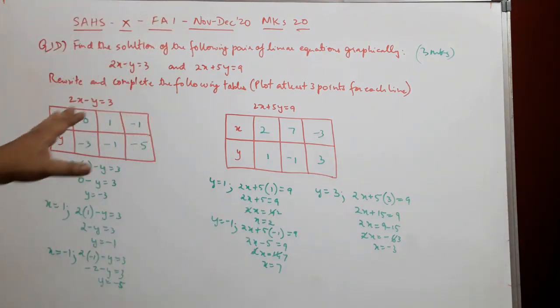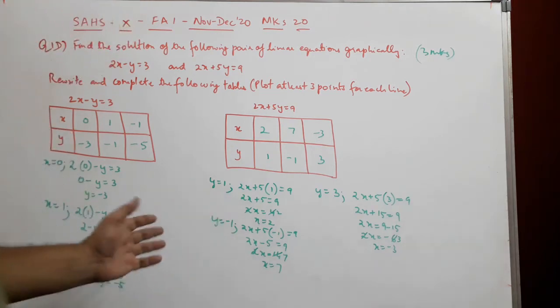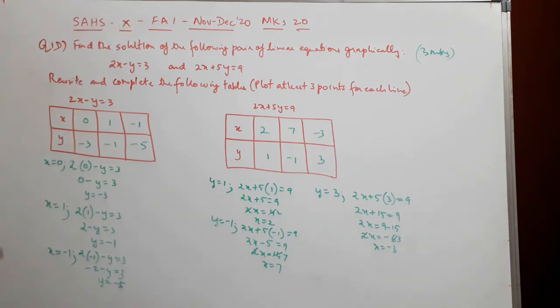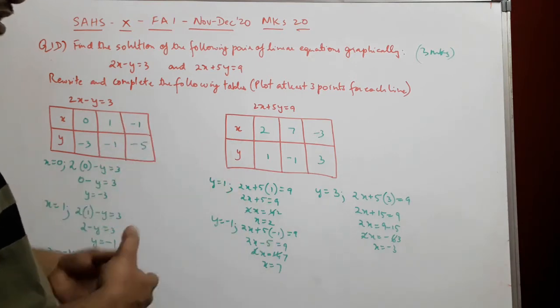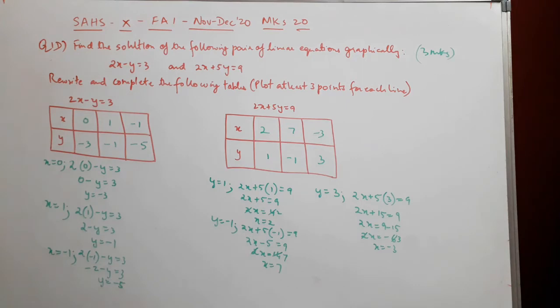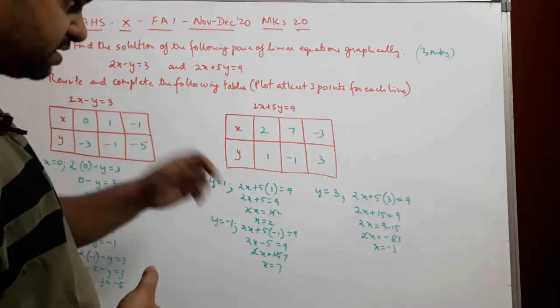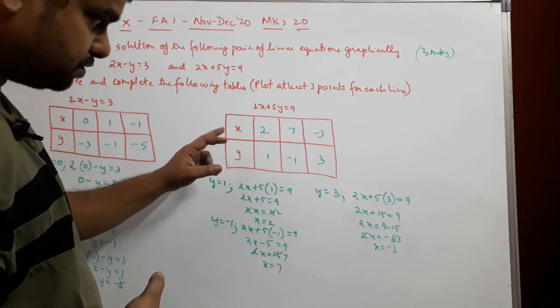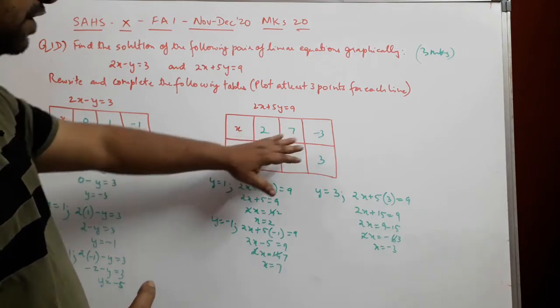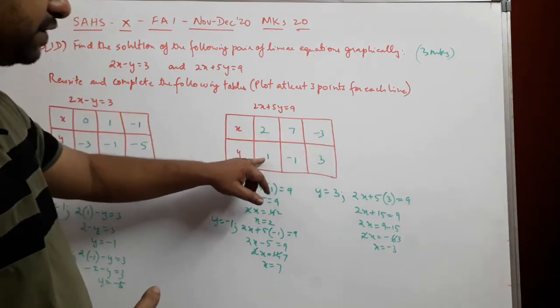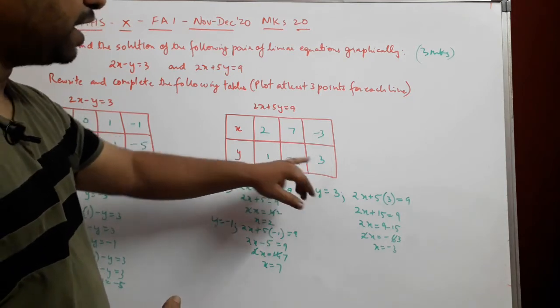Now it doesn't matter which points you take, as long as you can fit it in the graph paper. Don't take very high points which are more than 10, unless you really have to. So you have to also keep an eye on the graph that you would be drawing and the points you would be taking. Over here we opted to first assume the value of y to find x. If we do the same thing now, let's say we don't know y and we take these values, we should get the values of y over here.